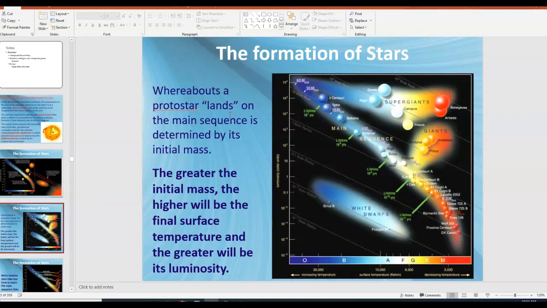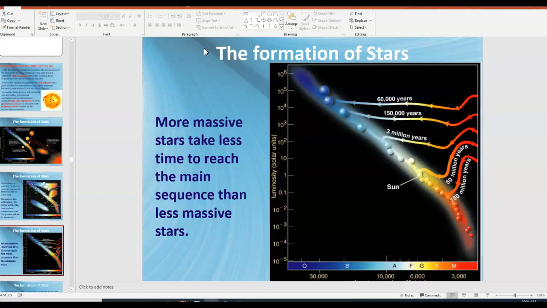And this slide is basically saying what I just said. Where a protostar lands on the main sequence is determined by its initial mass. The greater the initial mass, the higher the final surface temperature, and the greater the luminosity is going to be. Because obviously, if a star is hotter, it's more luminous, and if it's bigger in size, it's more luminous. We know there's a relationship between mass and luminosity from the last video. And so bigger stars tend to end up higher up on the main sequence just because they have more mass, and so they're hotter and more luminous. Okay, now